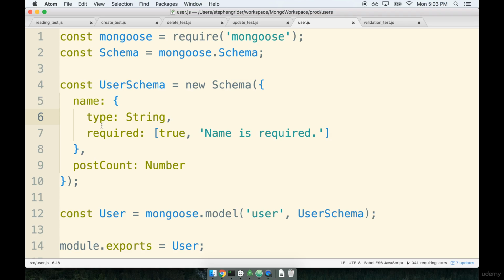In the last section, we added in some validation to our user schema where we specifically required that the name must be a required property. So if a user ever tried to create a user without a name, we would return to them the message, name is required. In this section, we're going to move on a little bit by adding in an advanced validator